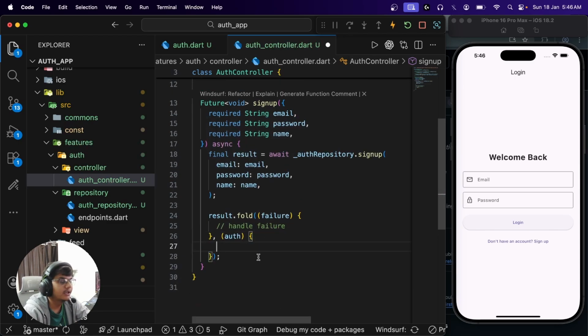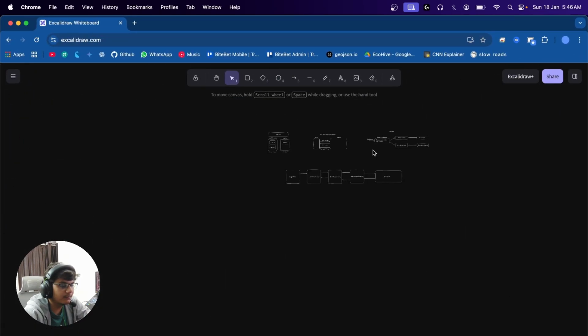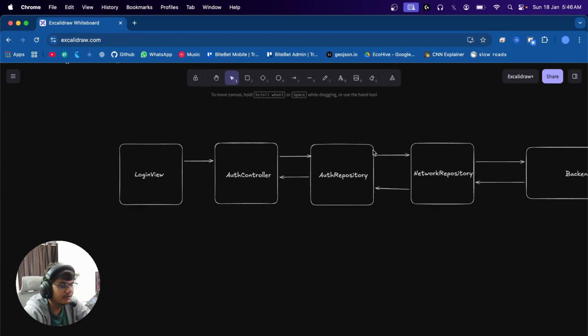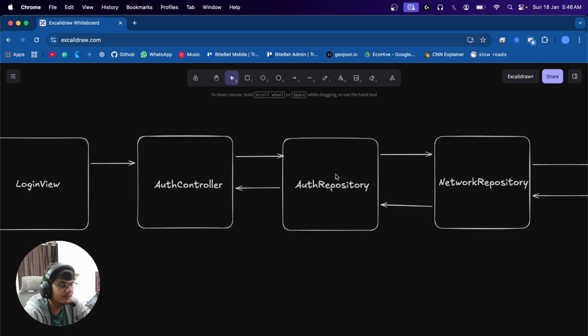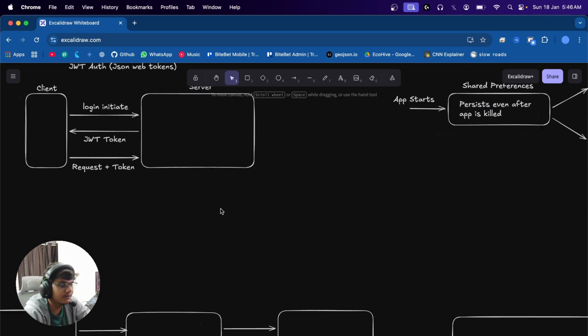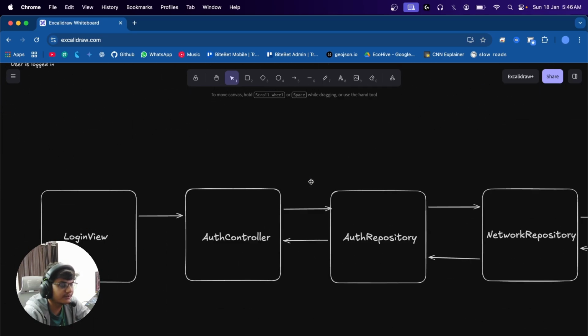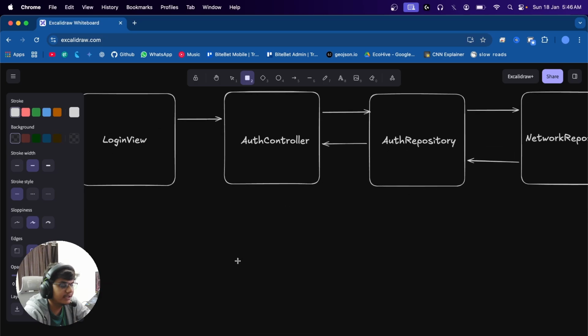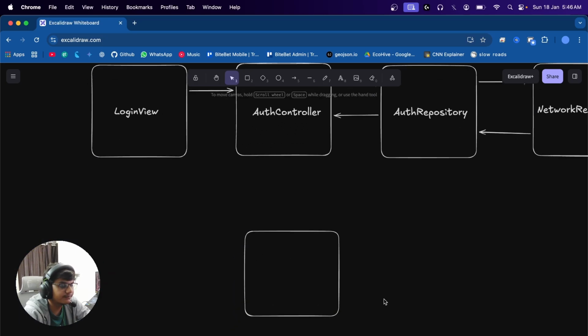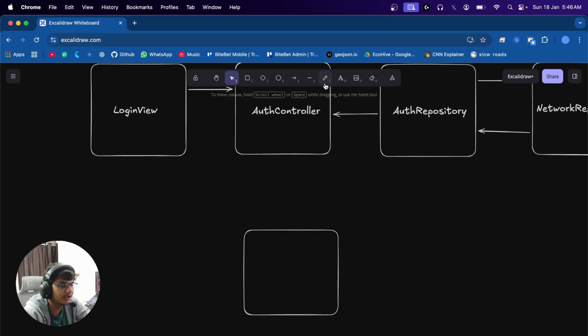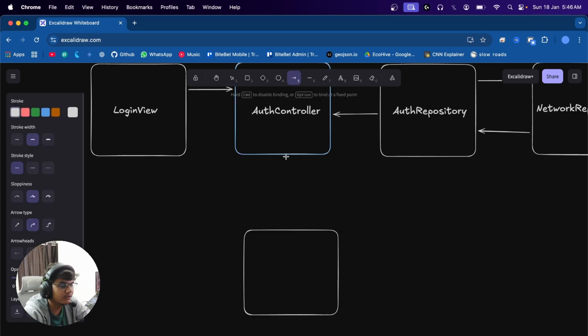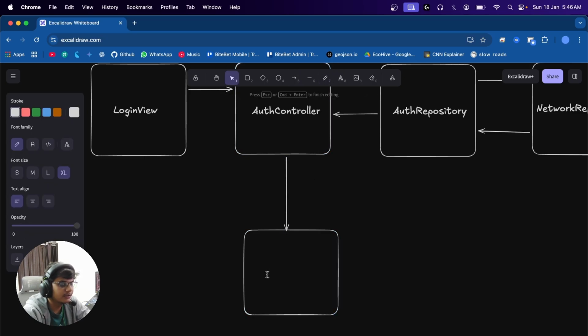Okay. Now remember, in our explainer we said once we have an object of auth, we will store it in the shared preferences. It's time to create that shared preferences so that we can store our authentication token or the user or whatever we get from the server. So this is the shared preferences. Okay,